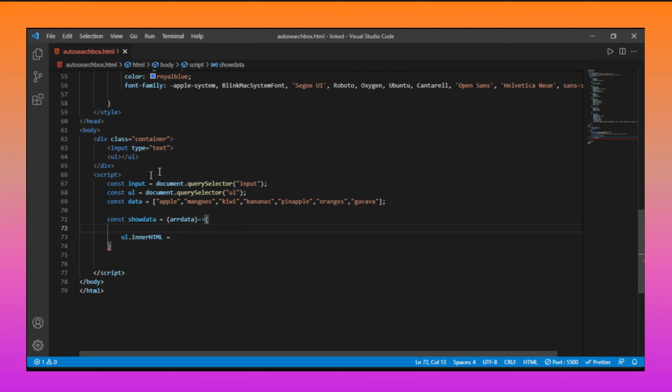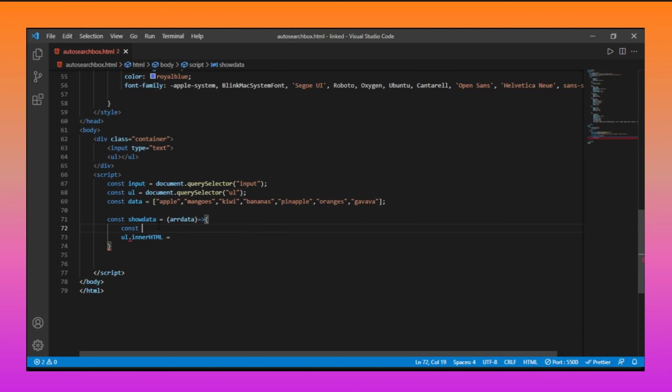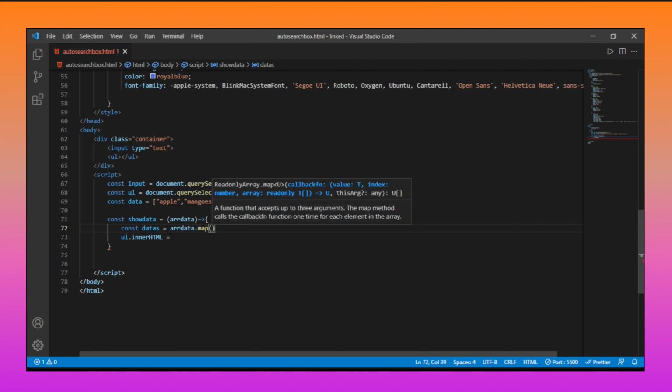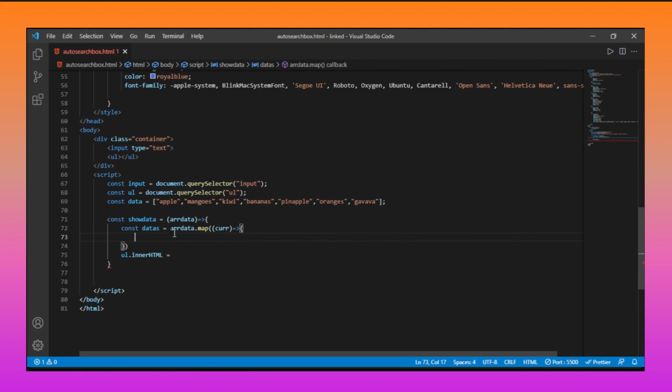which data will be here? We are going to use the map method. If there are five data items, it will repeat five times, so the five data items will come here. Let me make a variable like datas, and which data will come here? We are going to filter, not filter, there is map. data.map, this is the map method, and the element, the current element, and then return